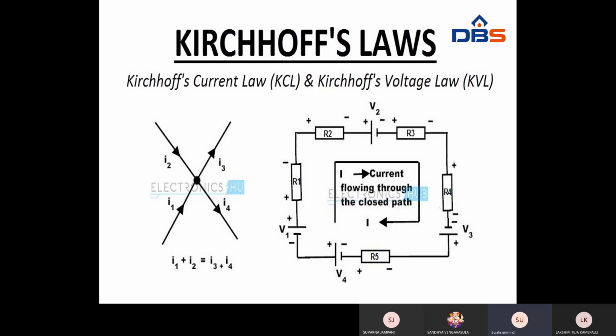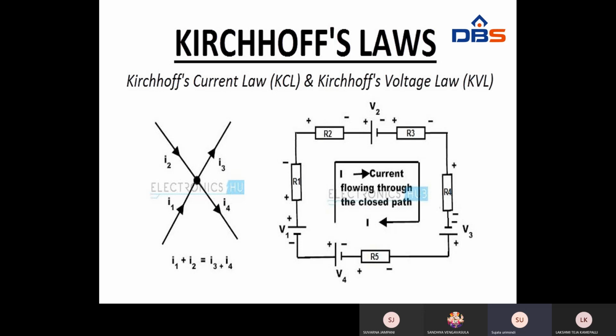So Kirchhoff's voltage law means the algebraic sum of the voltages is equal to 0, and it is also called mesh analysis and loop analysis. Kirchhoff's current law is called nodal analysis. In Kirchhoff's voltage law, we followed these steps: first, we take how many loops there are; second, depending on the direction of the current, we assign the polarities of the passive elements; and third, when you write down the equation, when there is a rise of potential, we put it as positive.